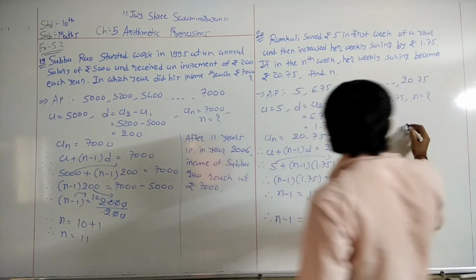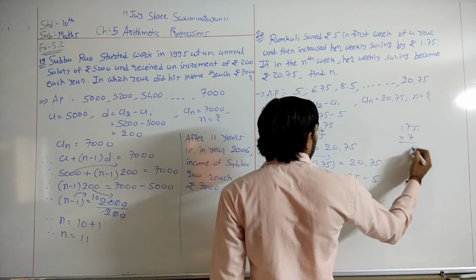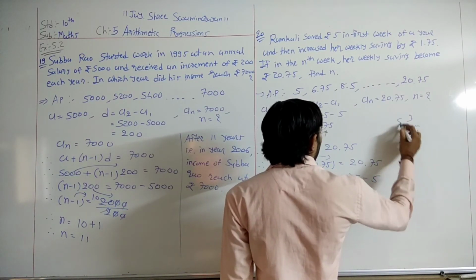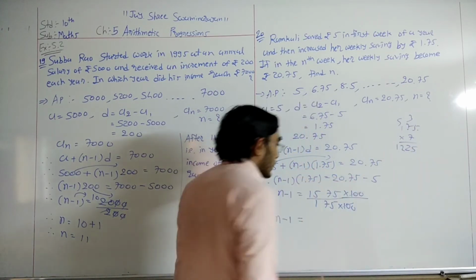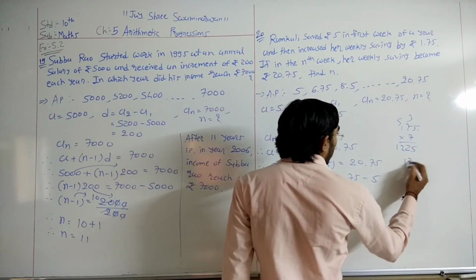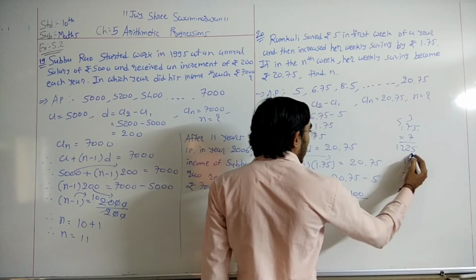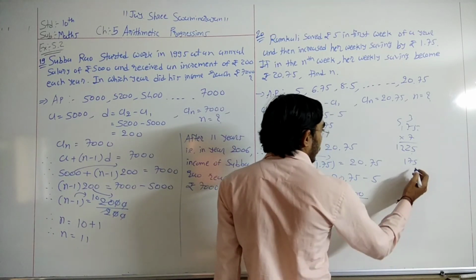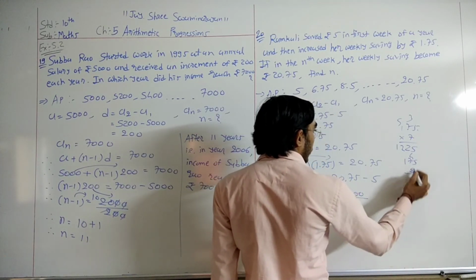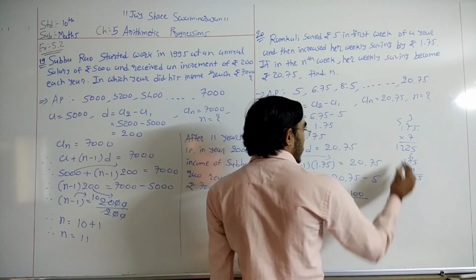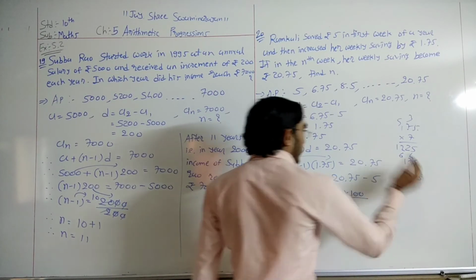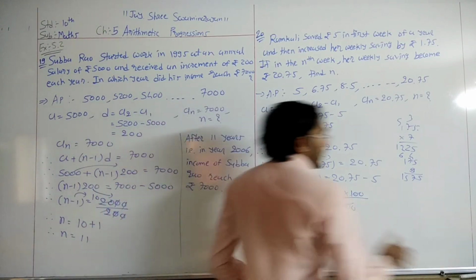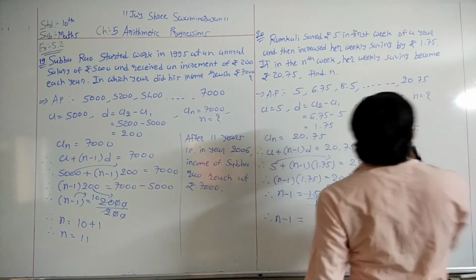So just, 7 5s are 35, 7 7s are 49 plus 3, 52, 7 is 7 plus 5, 12. Okay, one more time. So 175 times 8. 8 5s are 40. No, but here we want the right one. So 9. 9 5s are 45. 9 7s are 63 plus 4, 67. 9 is 9 plus 6, 15. Yes, 175 9s are 1575. So here we have the answer 9, right? This is our rough work.